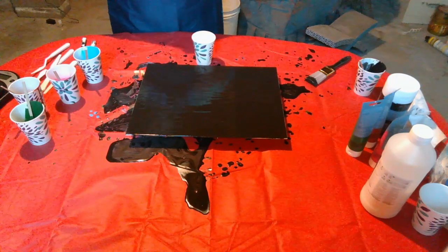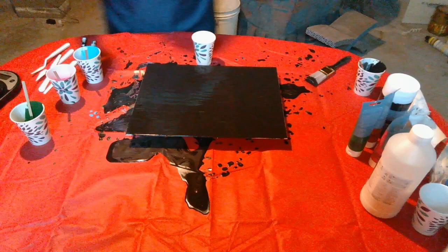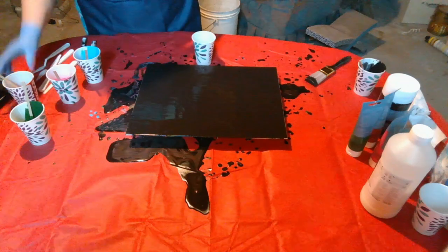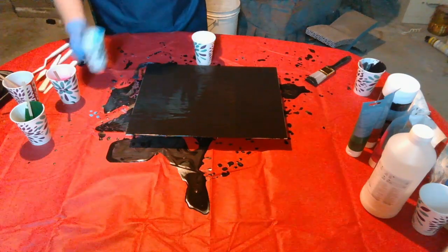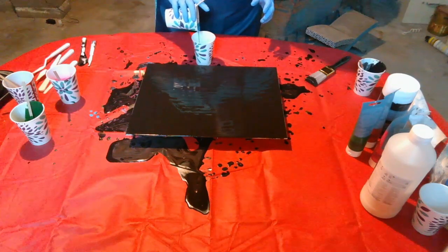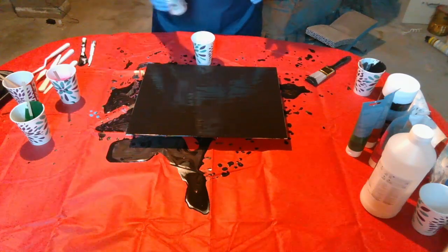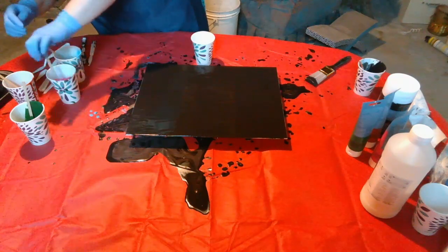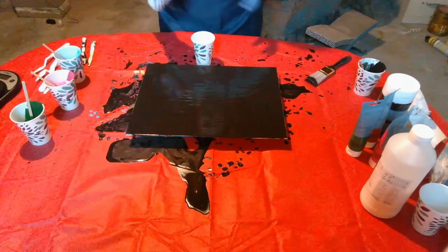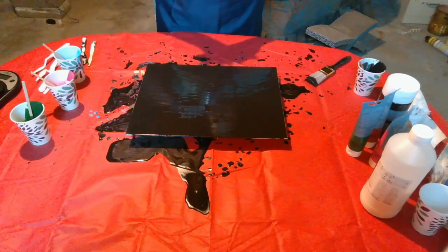But let's see. I think we'd like to do copper on the outside edge. So that's going to be the last one to pour. In the middle, I think I'd like to have blue. I'm also trying to figure out the best ratio for when pouring these into the pour cups, because